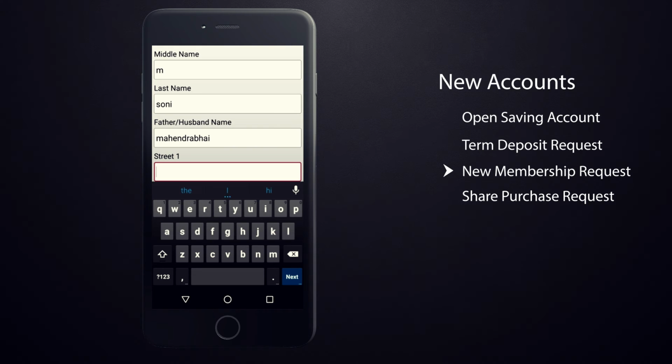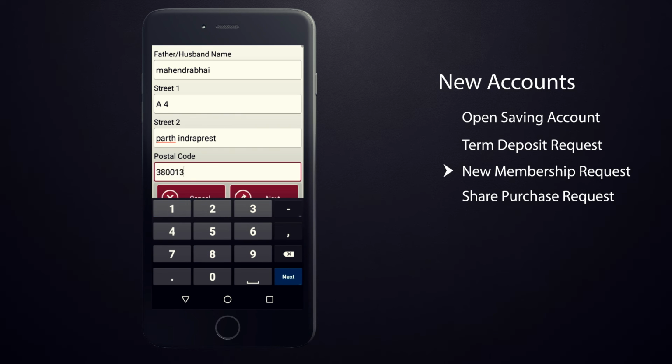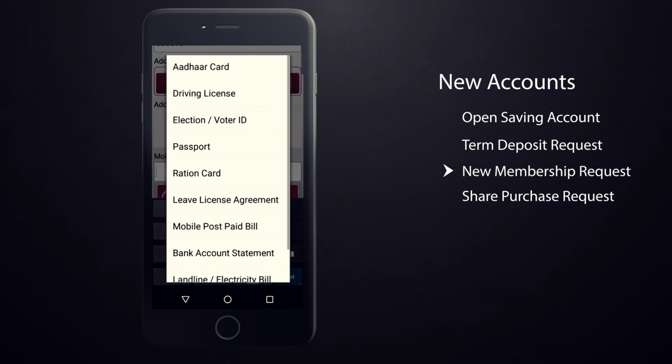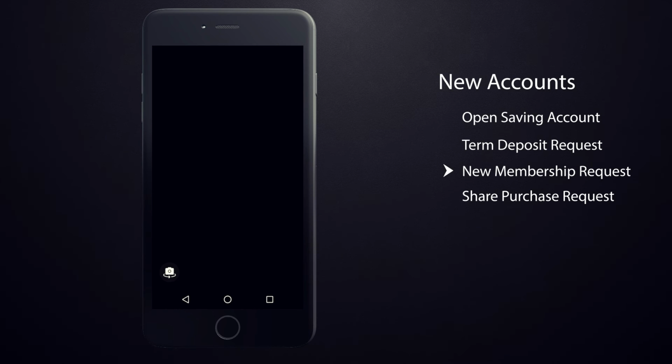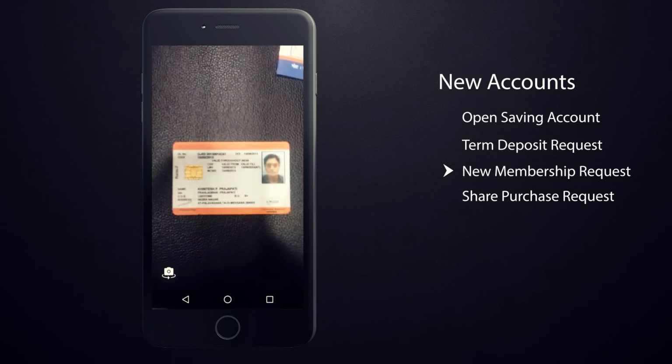Enter your address in Street 1 and Street 2. Select the type of address proof from the drop-down menu. Tap on the camera icon to capture image of selected address proof.